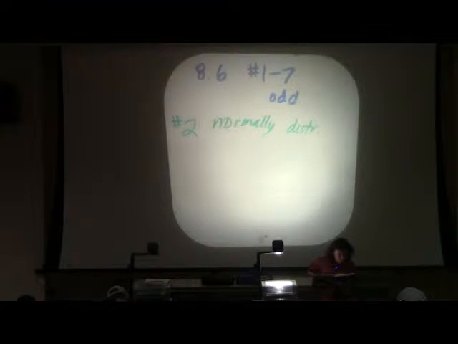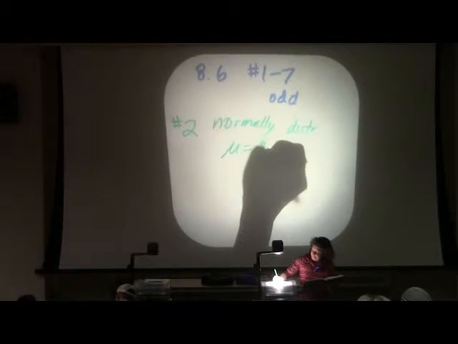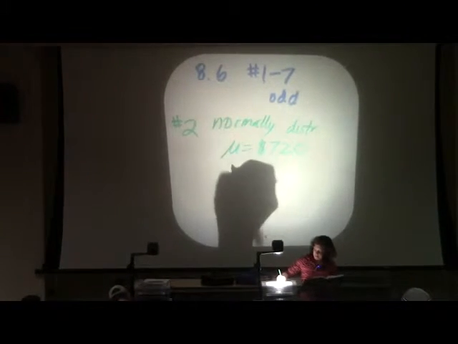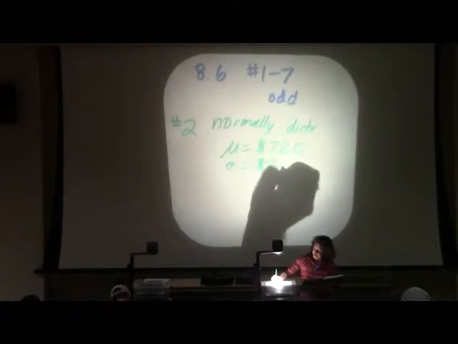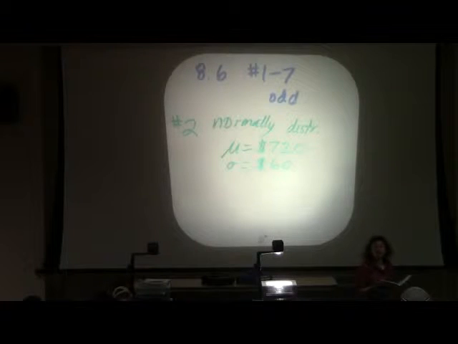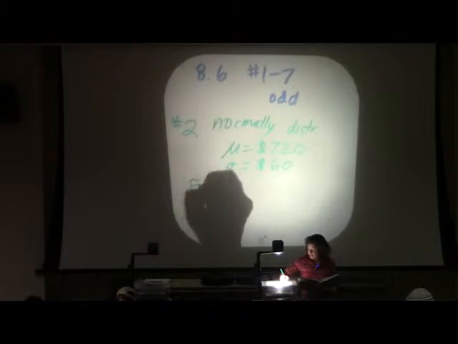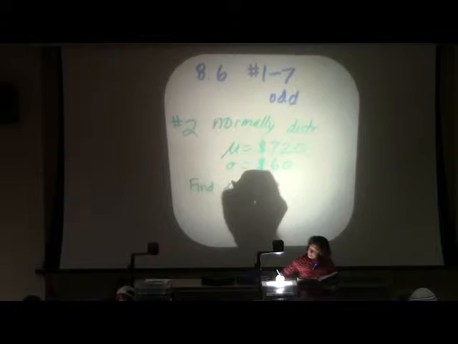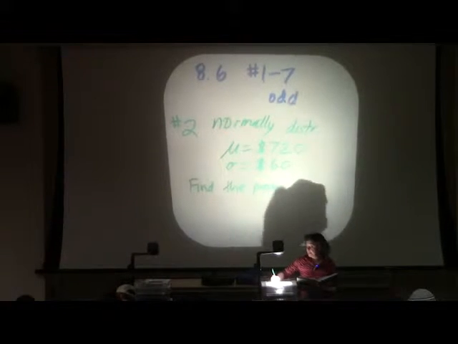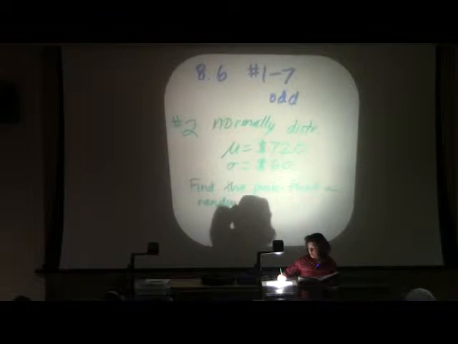And furthermore, we're given a mean of $720 and a standard deviation of $60. This is all given to you. What we want to do is find a couple probabilities. I'm going to change the numbers a little bit, but let's find the probability that a randomly selected factory worker